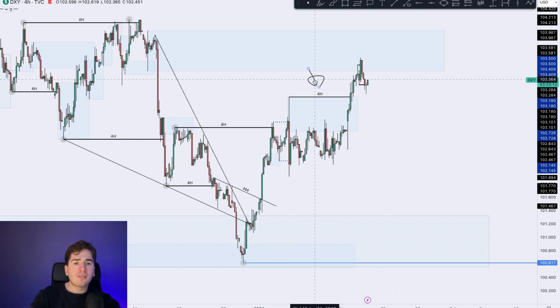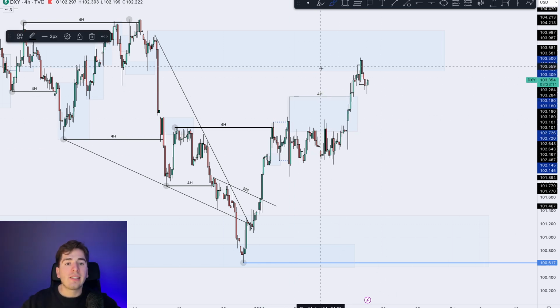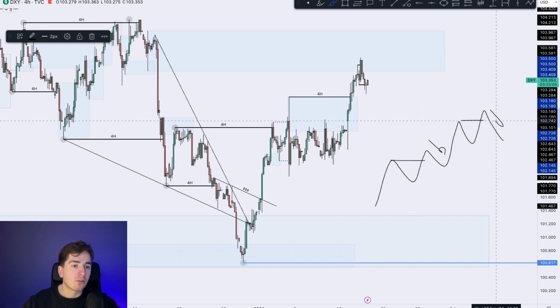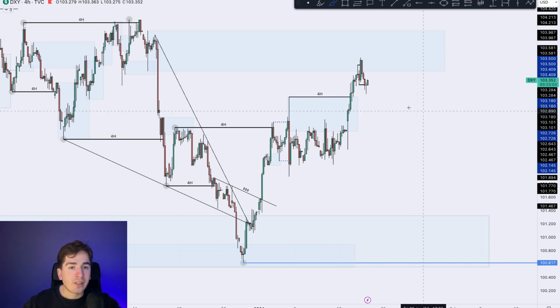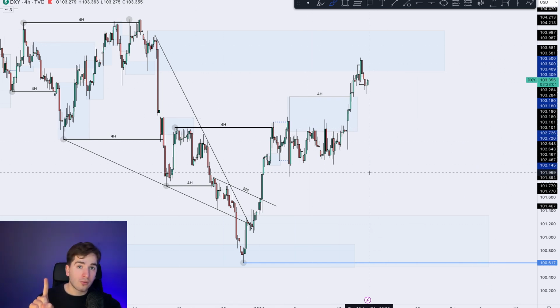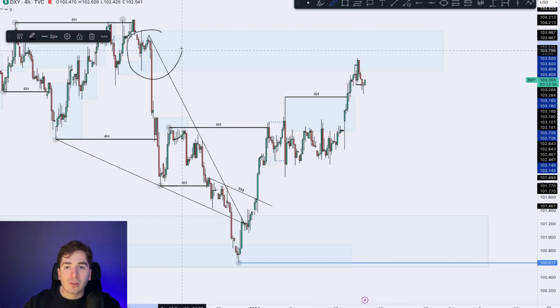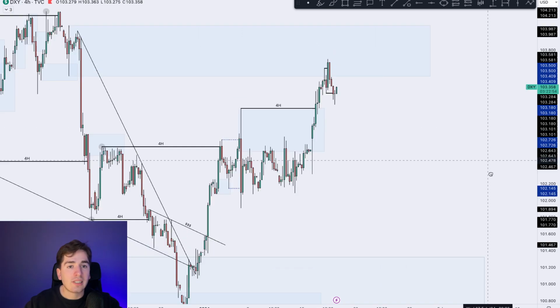So now, after seeing that 4-hour BOS, obviously after BOS, what do we expect? We expect a pullback, because after a break of structure, you expect a pullback every single time. So when do we expect a pullback? We expect a pullback when we reach, first of all, an area of supply, or if we see a lower time frame trend shift. So over here, we've reached an area of daily supply,